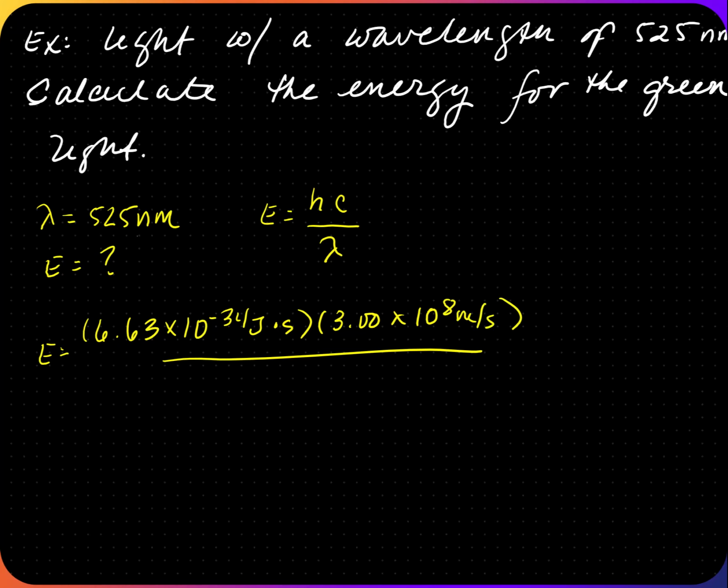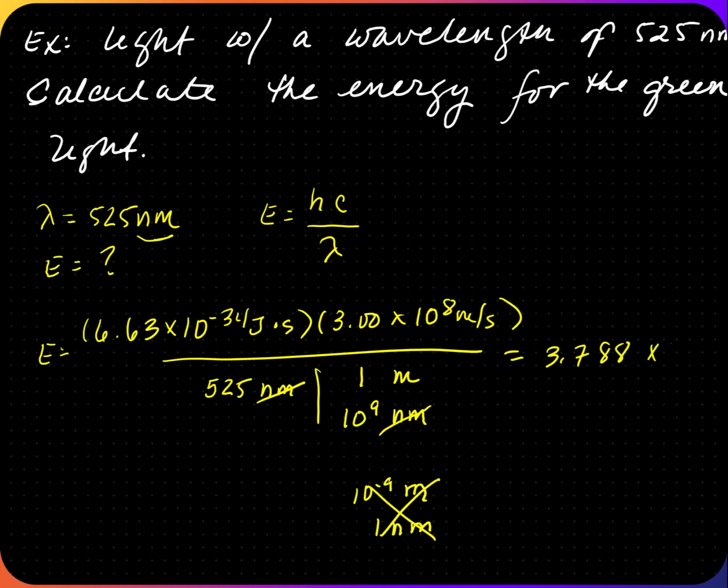So lambda is not in SI units, so we need to convert it. You could convert it outside and then plug it in, or you could convert it while you do the math problem. Since it's 525 nanometers, diagonal units have to be the same. So if this is nanometer, this is nanometer, we're going to go to base, which is meter. If I make the bigger prefix 1, then nano becomes a positive 9 exponent. If you make nano the smaller one, then the meters will be 10 to the negative 9th, which is the definition of nanometer. Either one works. I'm just going to use the one I wrote. If I plug these numbers in, this equals